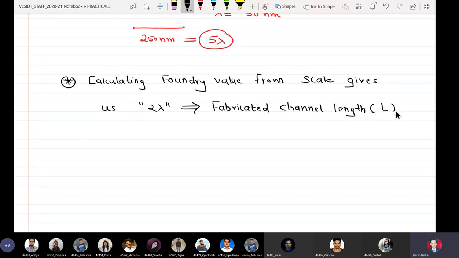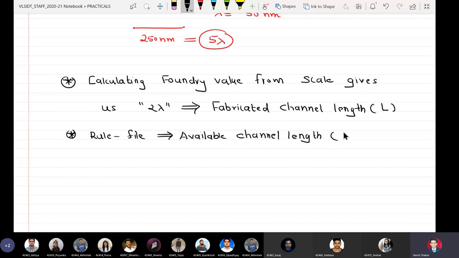It is called L, and the rule file gives me the available channel length, which is called L effective.